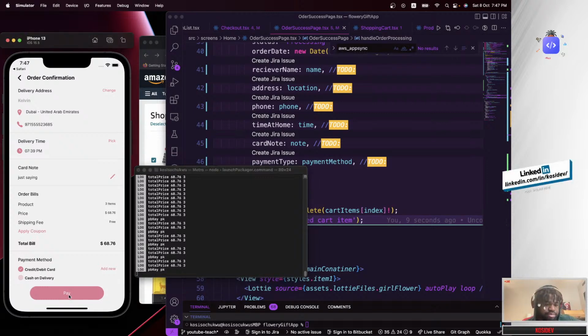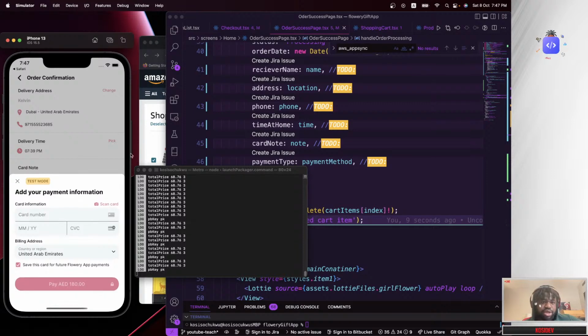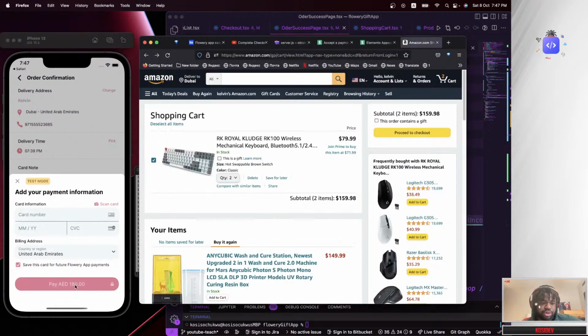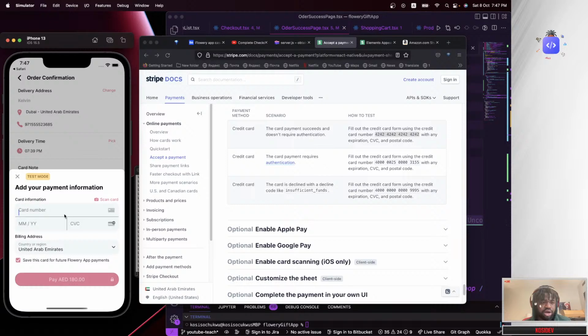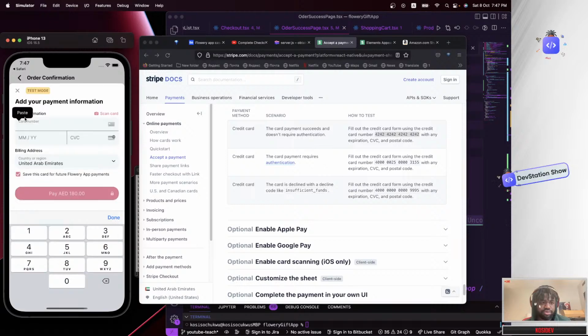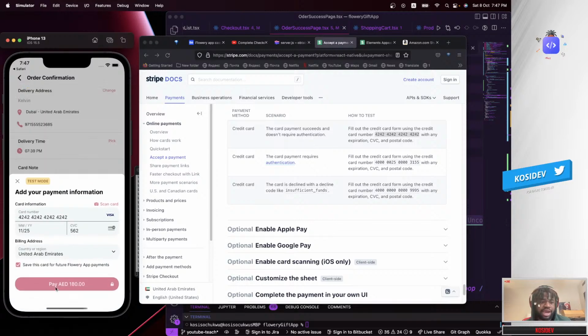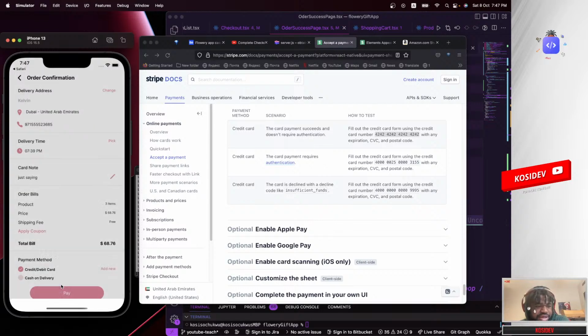So let's go ahead and call this pay, and we need to pass in the payment that we want. The payment is already hard coded in here. So what we need to do is pass in a fake debit card from Stripe, and a fake expiry date. So guys, don't actually try to use this. This is not a real card, so your bank will not penalize you. So we're processing this.